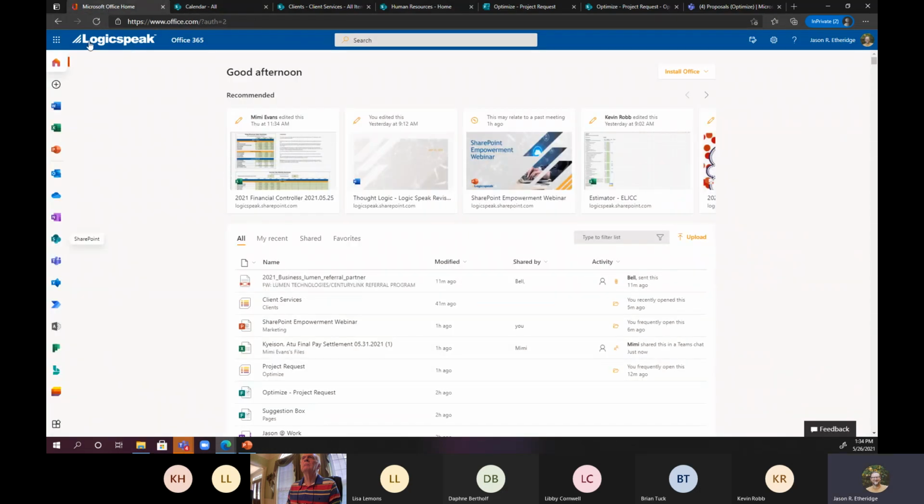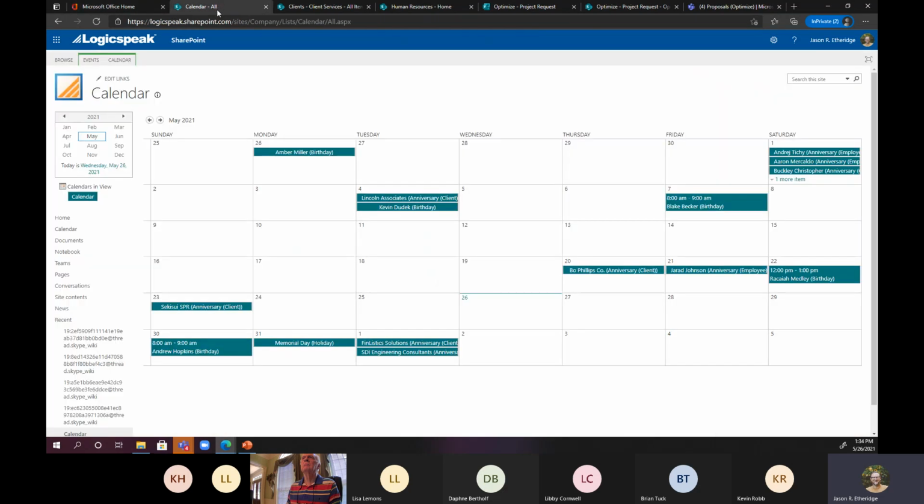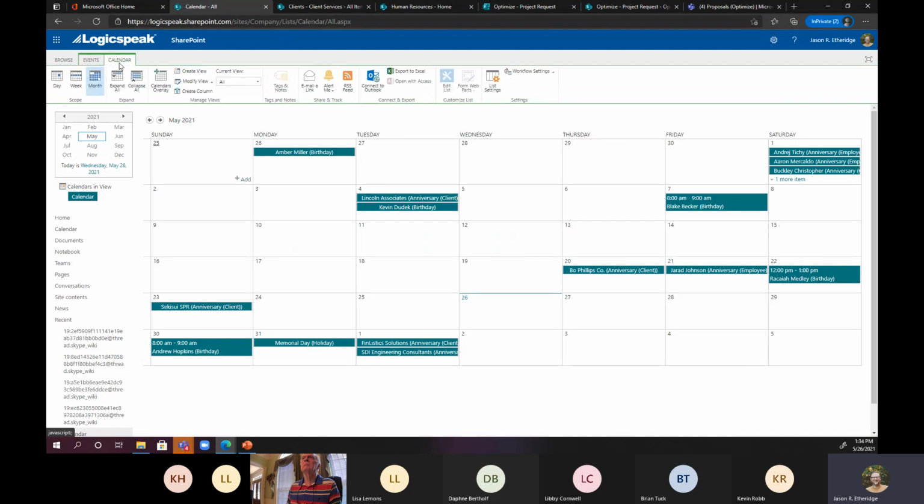Now I'm logged in as LogicSpeak, so you can see that our logo is at the top here. This is real world. This is the SharePoint Empowerment webinar we're doing right now, and I just made changes a few minutes ago. So let's talk through some examples. Firstly, here in our company site, which is the one that we use for our internal company, here is a calendar of birthdays, and I'll pull the drop down so you can see all of the different things that we store here. I've created filters for client anniversaries